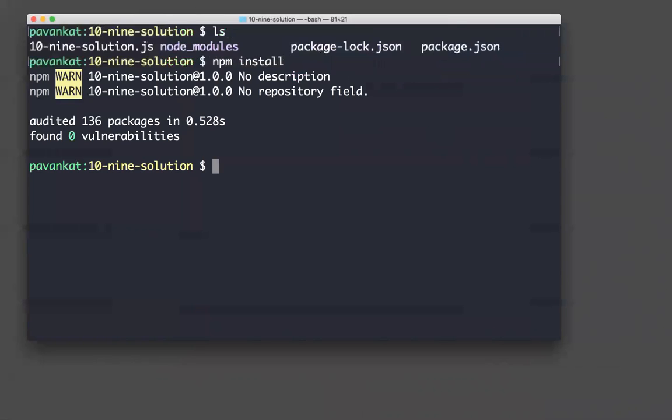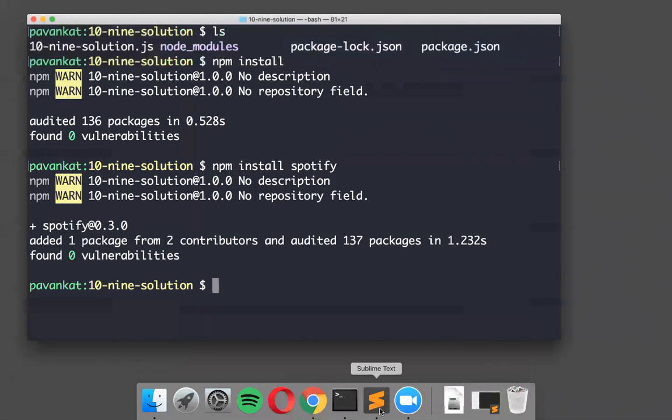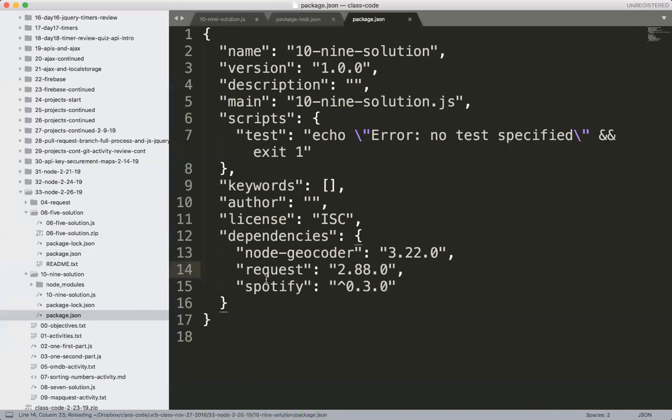All right, so you could do npm install Spotify right here, and that'll install the Spotify package from npmjs.org. And if I look right here, it says Spotify and the version number, 0.30. I'm going to get rid of the caret too. So you can put the packages in manually and type in npm install right here, or you could do npm install from the terminal and then just get rid of the caret, whatever you prefer. But with this though,